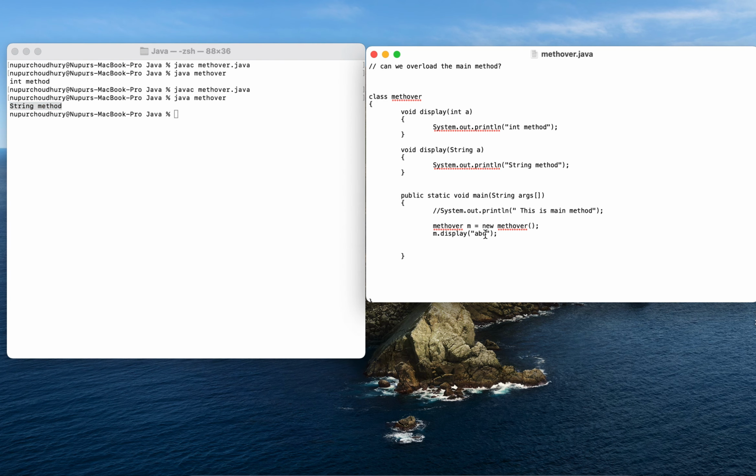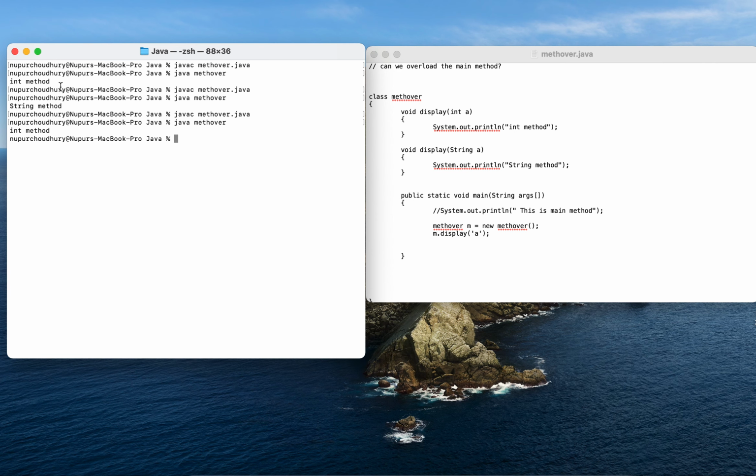Now what if I'm trying to do, I'm just passing a character here. I'm not doing anything else, but I'm just passing a character. A is a character, and within single quotes is how we pass a character. So I will simply pass a character here. So what do you think will happen now? Okay, now let me save this. All right, let's see what output it gives me.